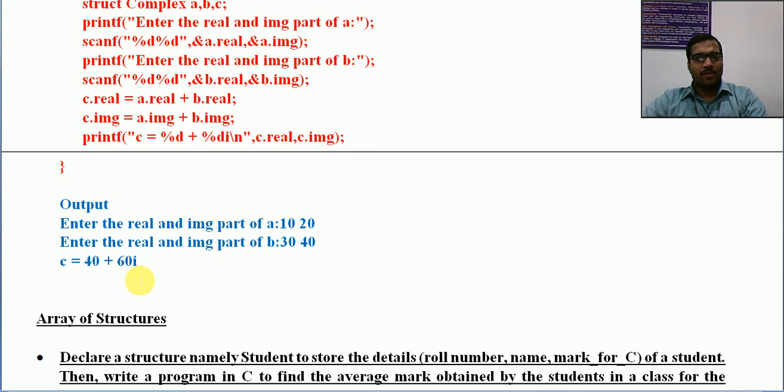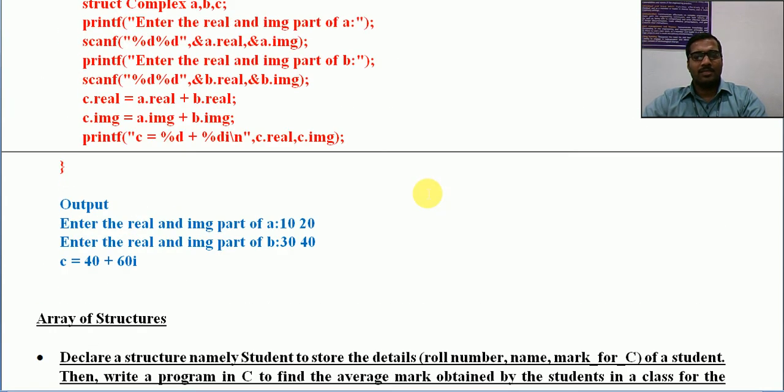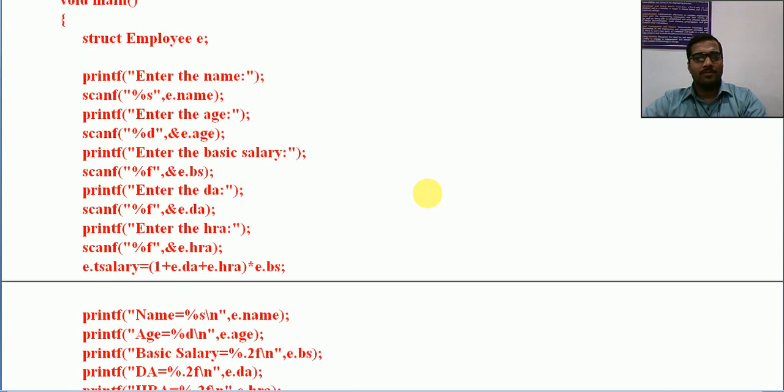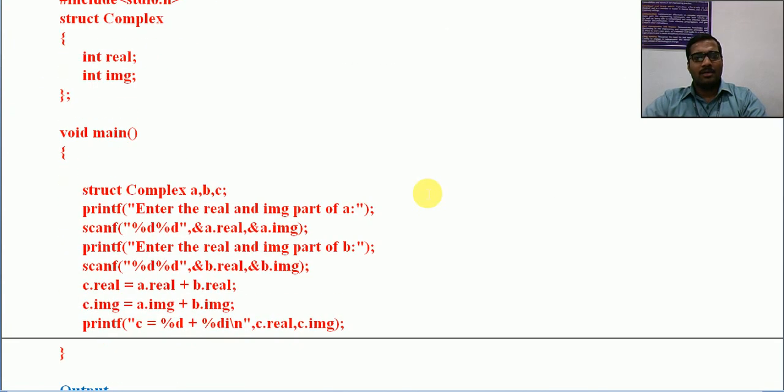Now we will see another situation where we have an array of structures. In the first example we had only one employee, so scanning and printing was very easy. In the second example we had three structure variables. If we have a limited number of structure variables, we can easily do that, because it will be a very simple program. But if you have more structure variables, it is not always easy to use this comma format, a comma b comma c comma d. That is not an easy task.